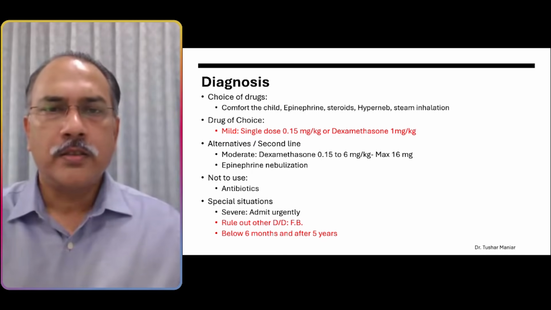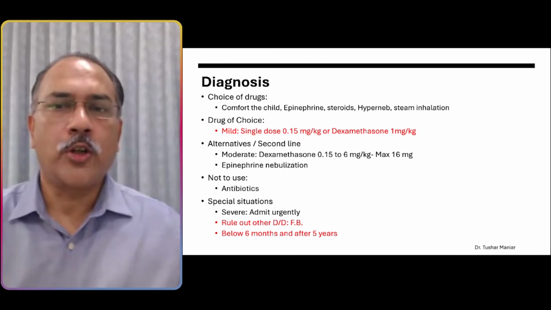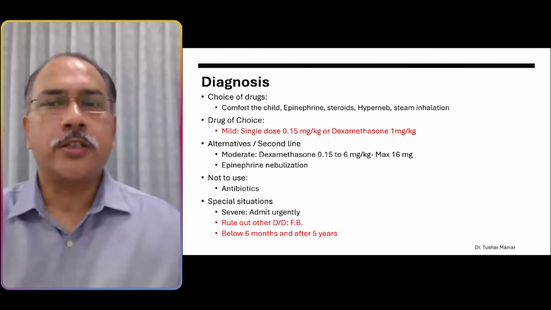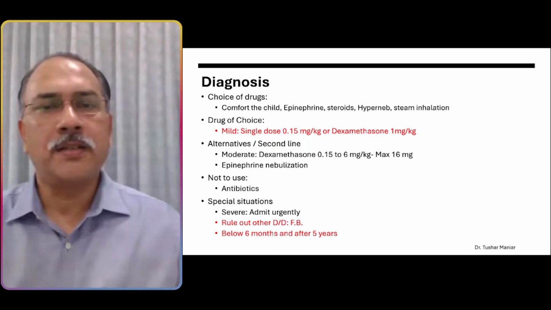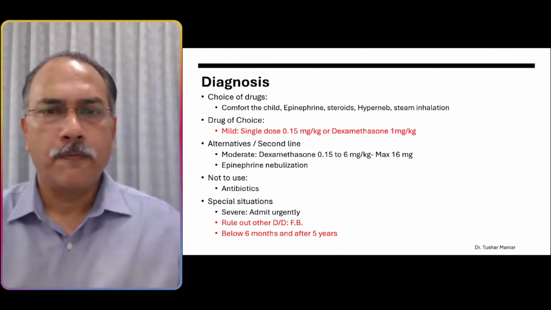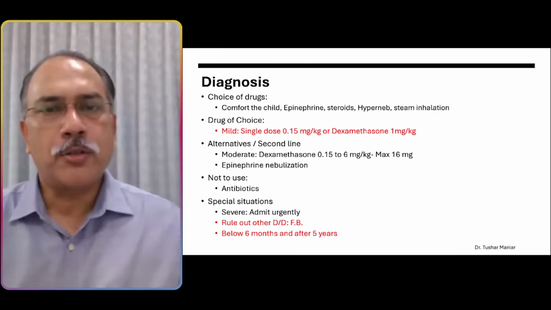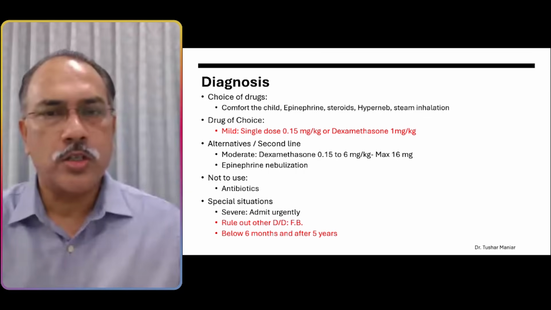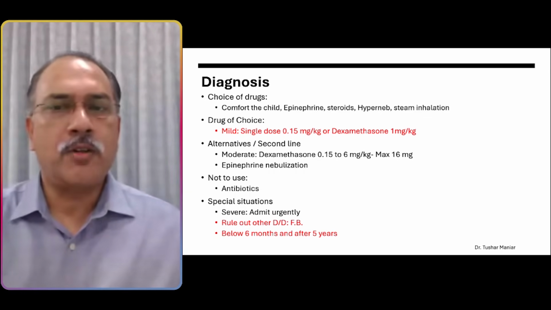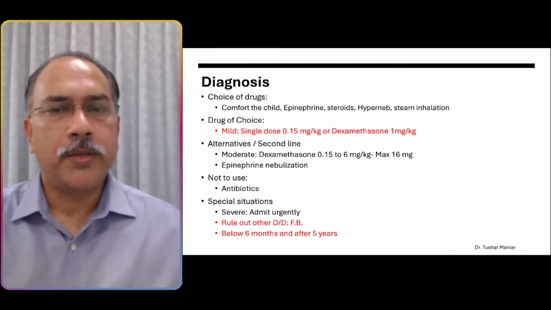How do you treat? There are various choices. You can comfort the child, you can give steam, warm air, epinephrine, steroids, nebulization, steroid nebulization, etc. The decision will be made on whether this is a mild, moderate, or severe croup. If it is a mild croup, then apart from calming the child, not making the child cry, etc., make sure a single dose of 0.15 milligram per kilogram of dexamethasone, if not available, 1 milligram per kilogram of prednisolone,